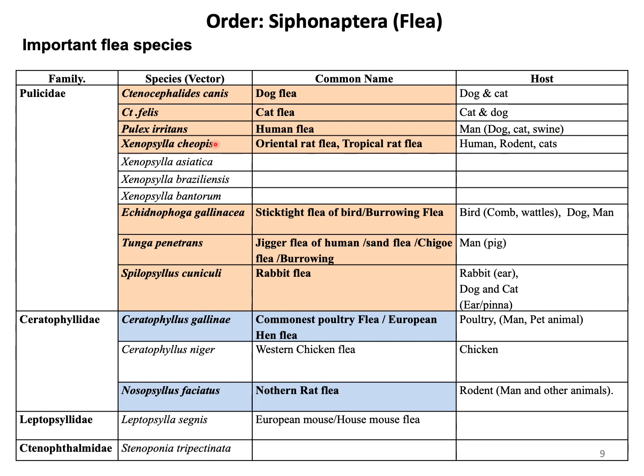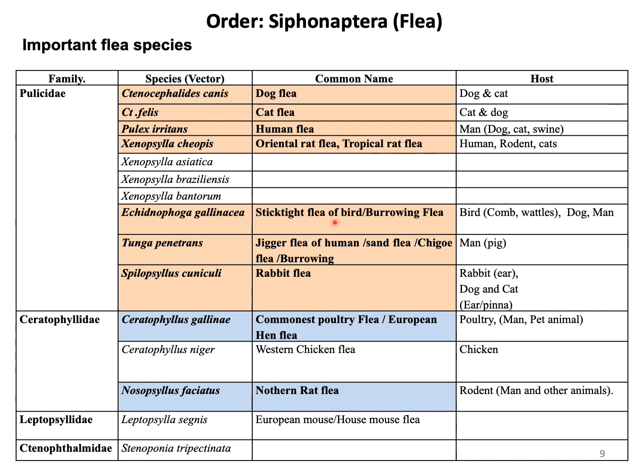Xenopsylla cheopis is a very important flea species. They are also known as the oriental rat flea or tropical rat flea due to their distribution in the oriental or tropical regions of the world. Echidnophaga gallinacea is most commonly found on the comb and wattles of birds, along with different other animals, and is considered a stick-tight flea or burrowing flea because it can burrow into the skin of the host and